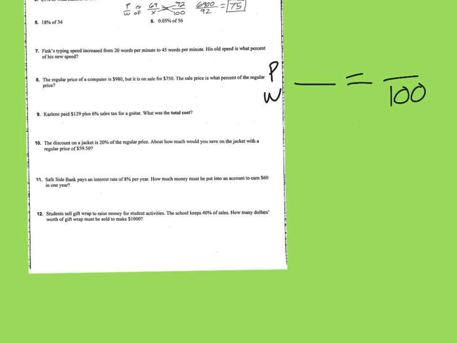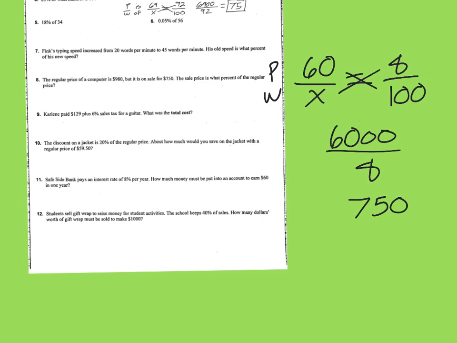So it looks like it gives us the percent of 8. Now we have to just decide, is that 60 part or whole? Because it's saying how much money must be put into an account. Well, that sounds like the whole amount to me. So how much money, the whole amount of money needs to be put into an account to get $60? And so the 60 is the part. We're looking for the whole amount to get 60, because 60 is the part. So 60 times 100 is 6,000. And then we're going to divide by 8. So 6,000 divided by 8. And we get